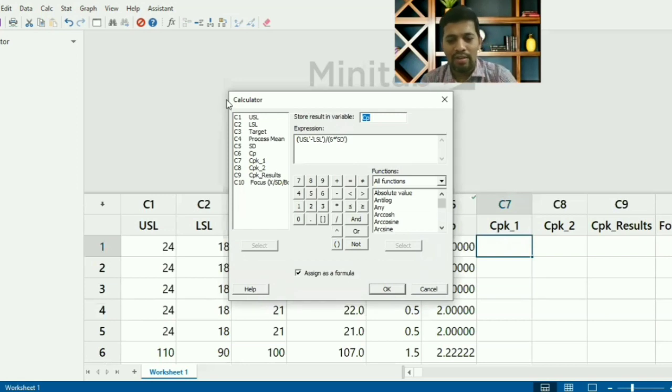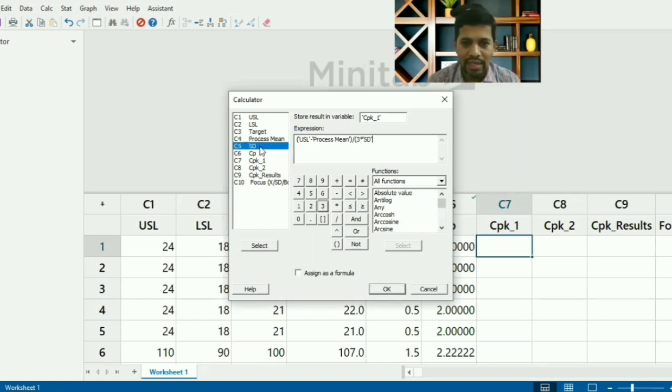So I'm going to press F3. If I do, all the values will get erased, so that I can start a new one. So the CPK1 I'm going to substitute. The formula is USL minus process average, that is process mean, or X bar we call it, divided by 3 into standard deviation, sigma.